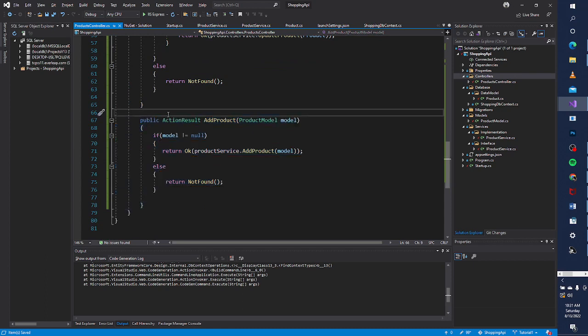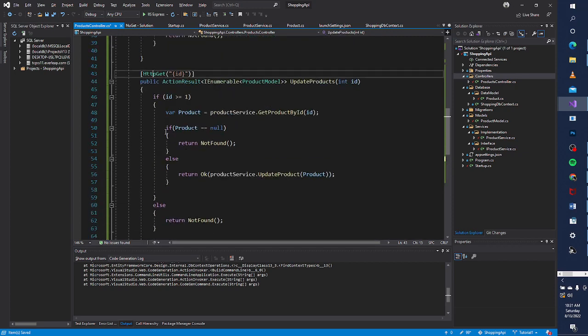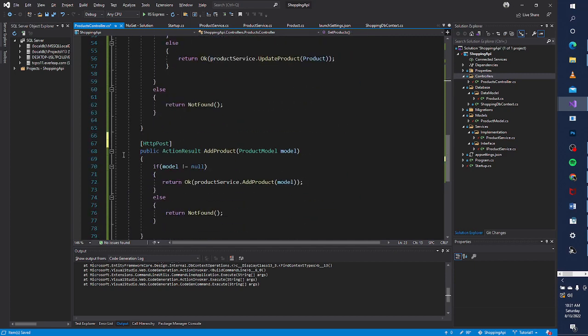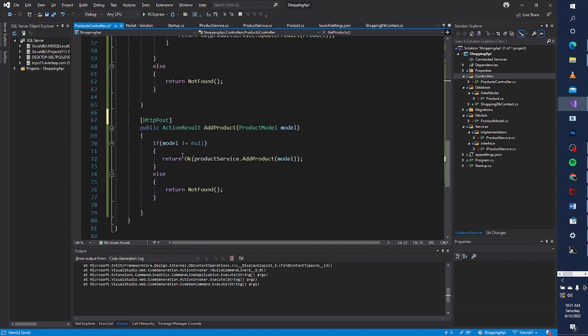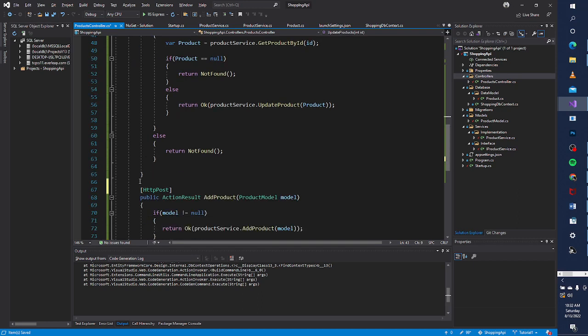So this one is an HTTP post, HTTP get, and HTTP get. Delete is also an HTTP